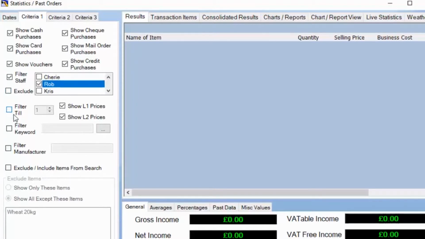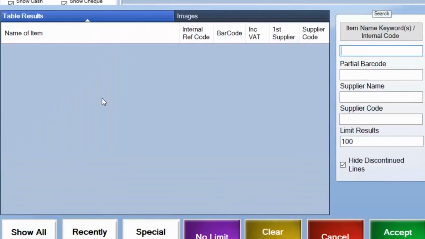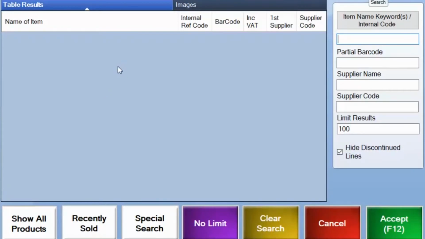So moving down to the bottom half now of our criteria, pardon me, we have filter keyword. Now that literally is what it says. You can select the filter keyword and then you can type, obviously you can just type freehand into there, or you can click onto this and you can actually select one of your products, which you can then filter to